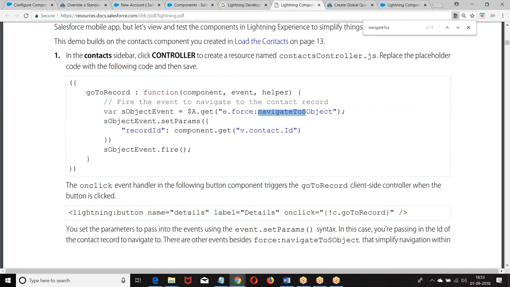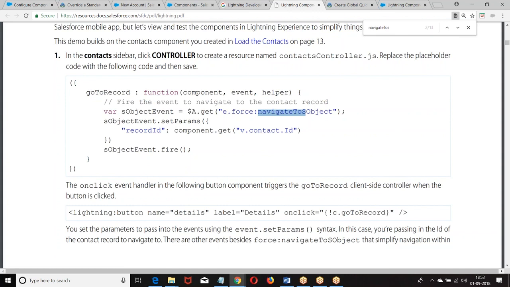No, it is not LDS. We are writing Apex programming. Now we have created our own card in which we have input elements. When you click on a button, it goes to the client side. In the client side, it reads the data, sends it to the Apex class, which inserts the record and sends back the ID. Then once you know the ID, how do you navigate? It is also a standard action only, defined under force:navigateToSObject.